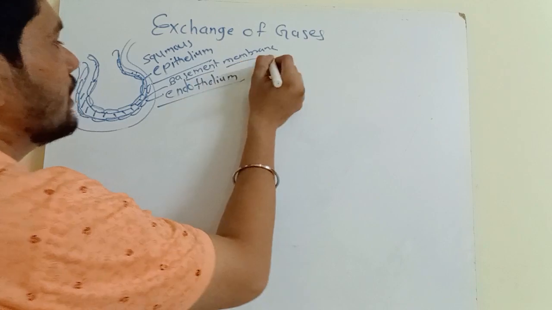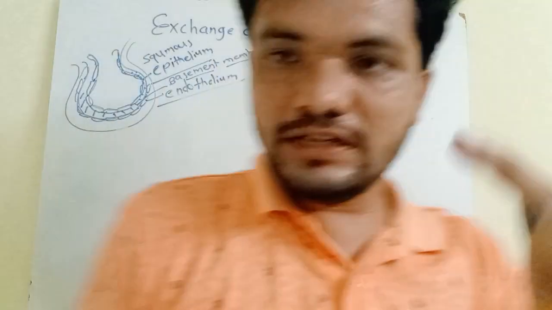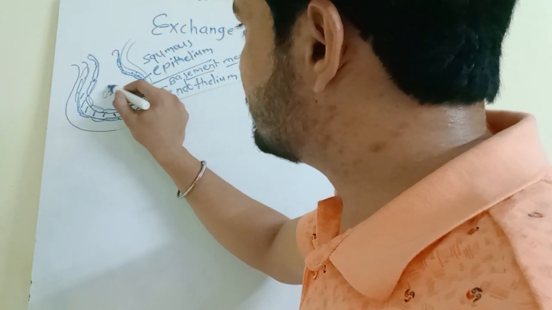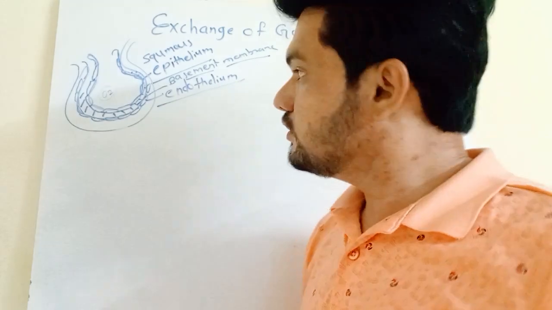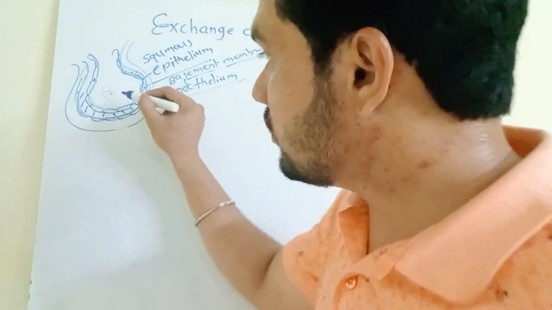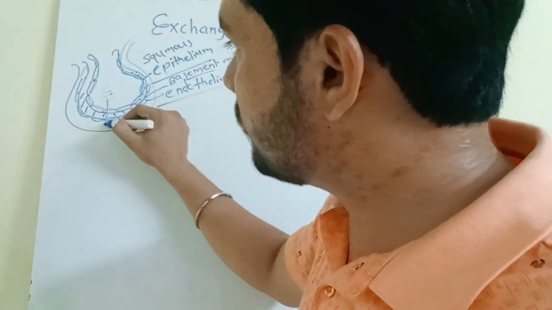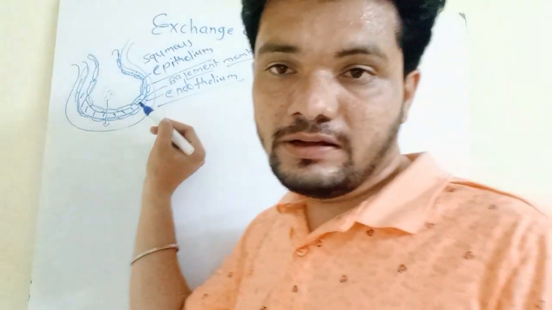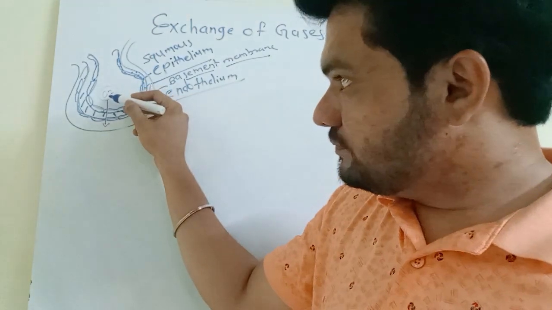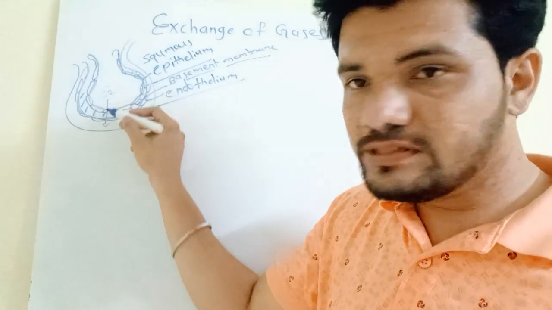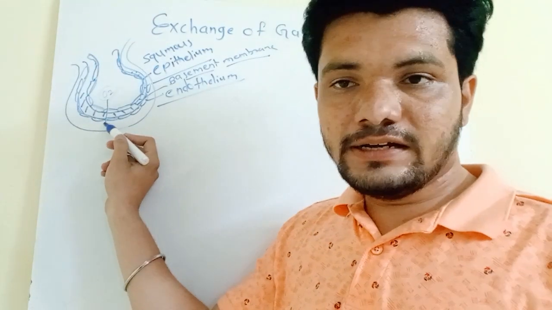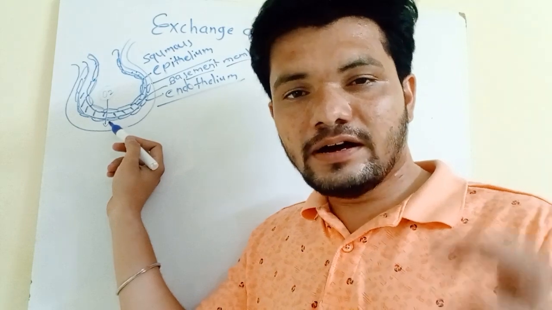to support both the epithelium and the endothelium. The alveoli are filled with oxygen, and all three layers are very thin. That's why oxygen easily diffuses from here to here. In this blood capillary, we know there is deoxygenated blood, but after the oxygen comes inside this capillary, the blood becomes oxygenated because it has low partial